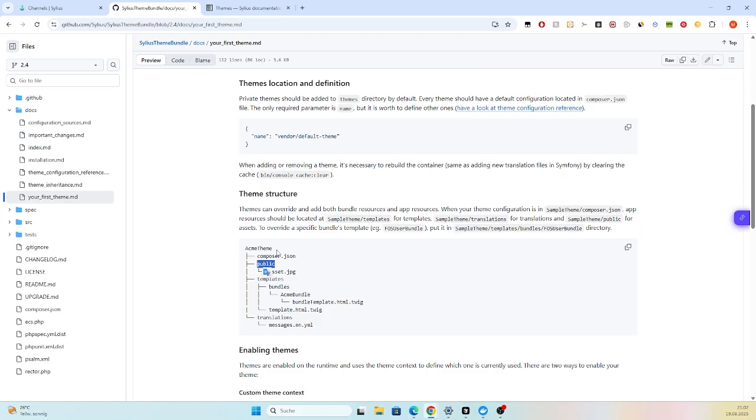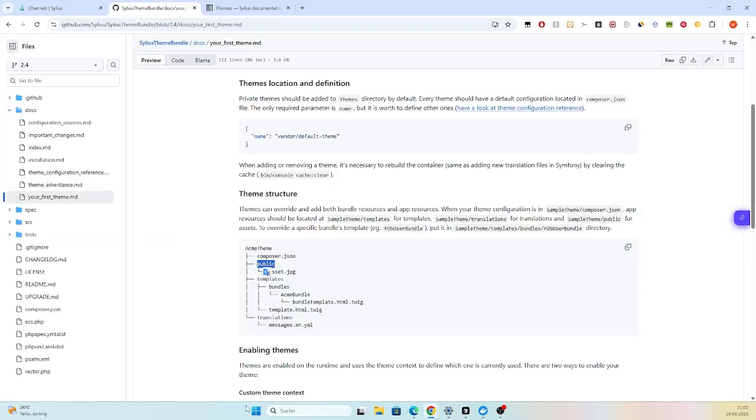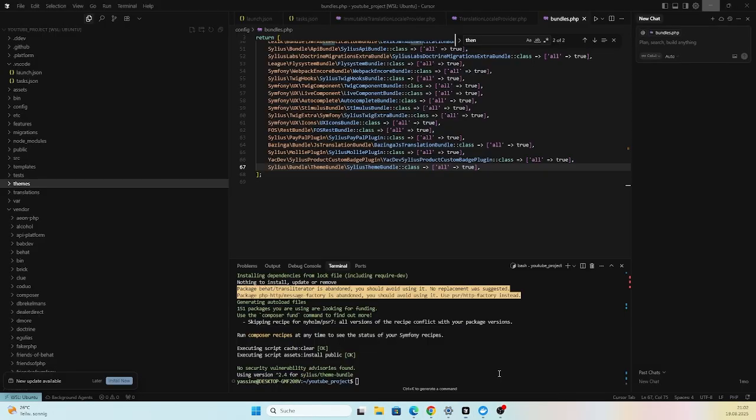So let me first think of a theme. Let's call it, for example, I don't know, let's call it blue theme, where I override all colors to blue, for example. So let me go to my project. Let me go here to the themes, a new folder. I will call it, let's call it blue theme, for example. Blue theme. So one second, guys. Yeah. And here I will need